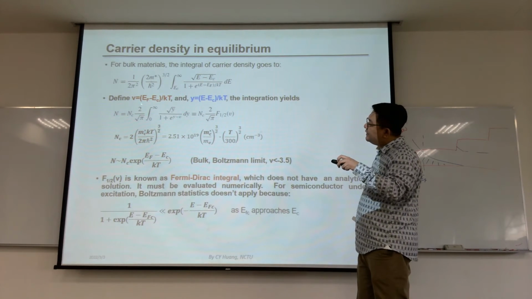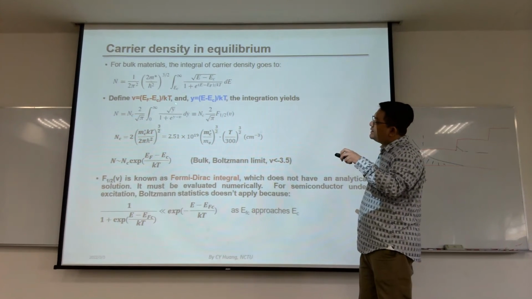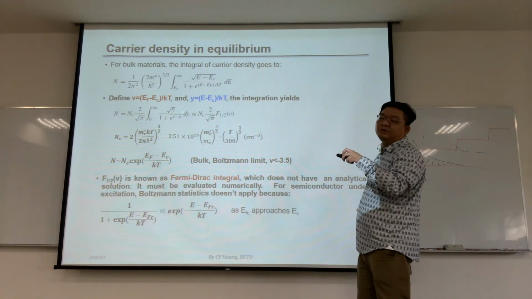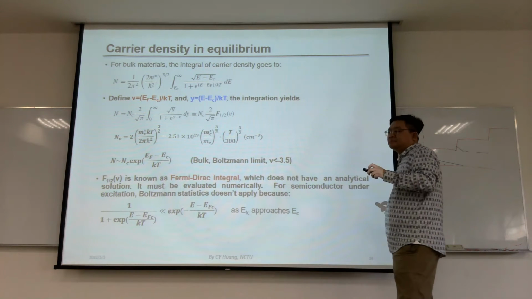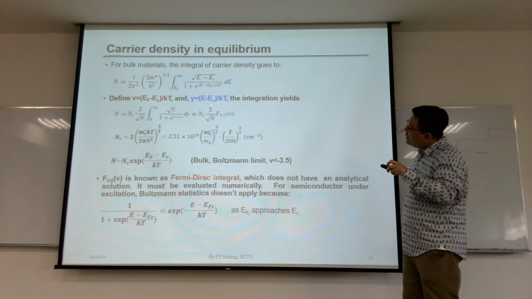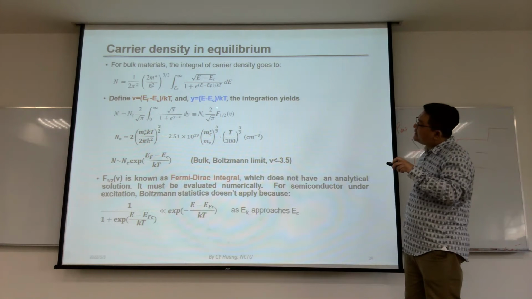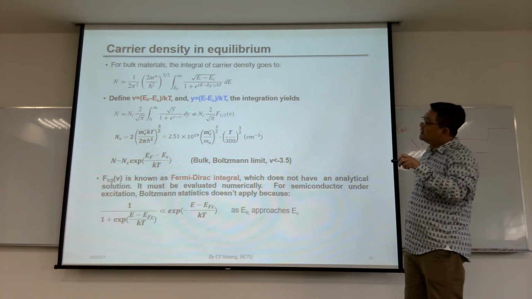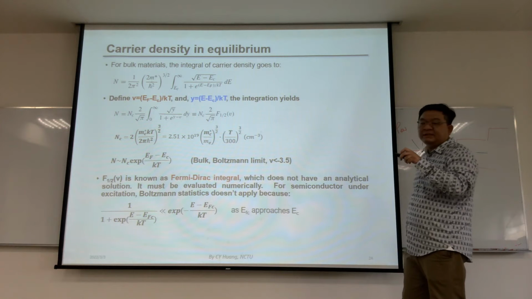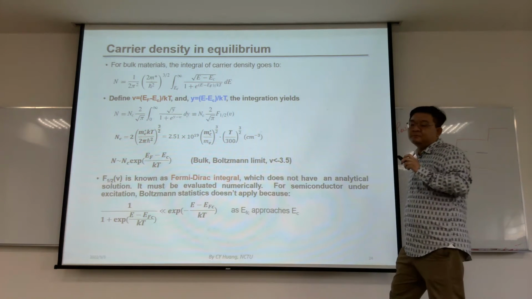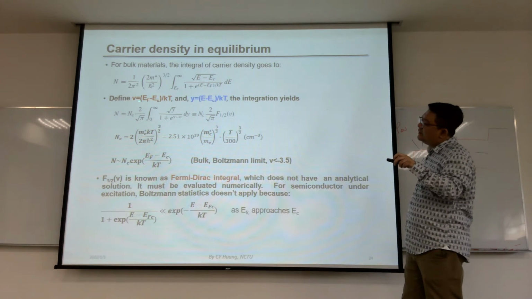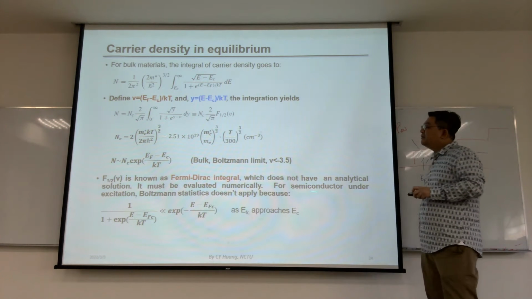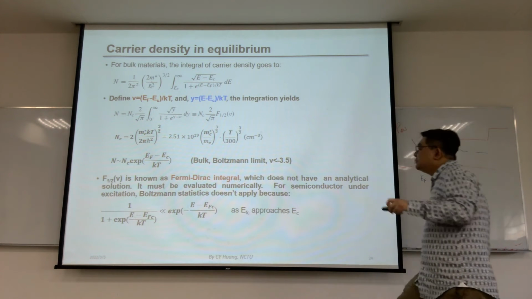If you let B be EF minus EC over KT, this is a unit-less parameter about the position of the Fermi level. And Y is E minus EC over KT, so it's also a unit-less value about the position of your emitting level. So B is the relative position of the Fermi level and Y is the relative position of your emitting level. So after some rearrangement,